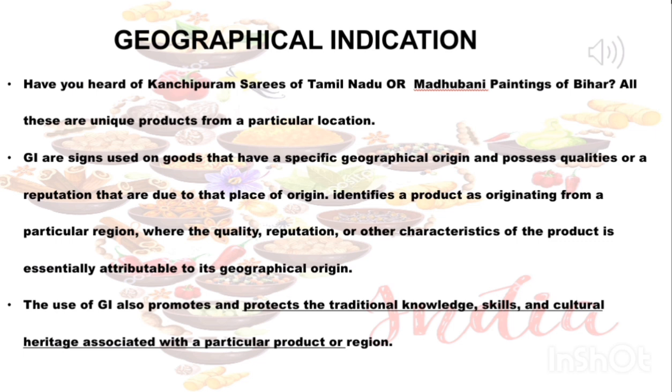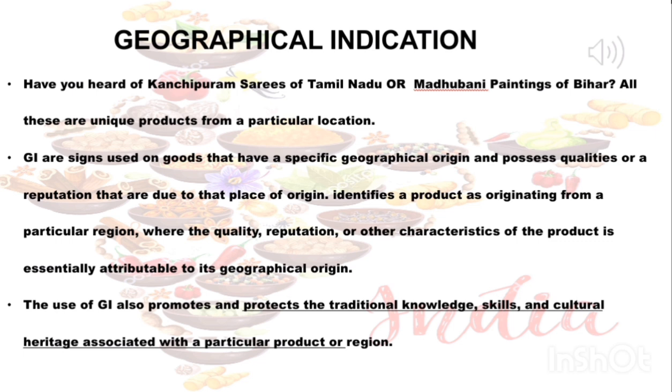Geographical indications are the signs used on goods that have specific geographical origin and possess qualities or a reputation that are due to the place of origin, and it identifies a product as originating from a particular region where the quality, reputation and other characteristics of the product is essentially attributable to its geographical origin. The use of GI also promotes and protects the traditional knowledge, skill and cultural heritage associated with a particular product